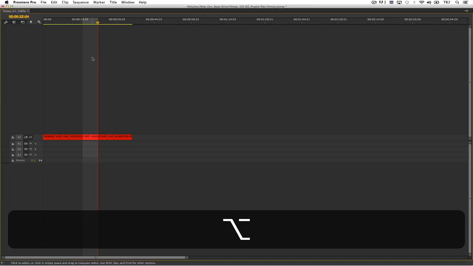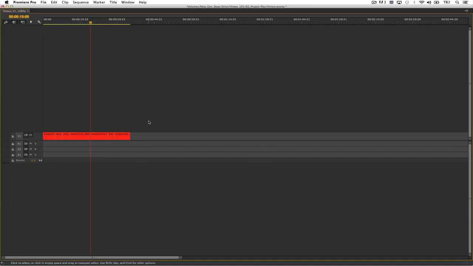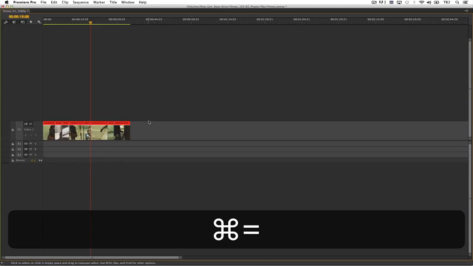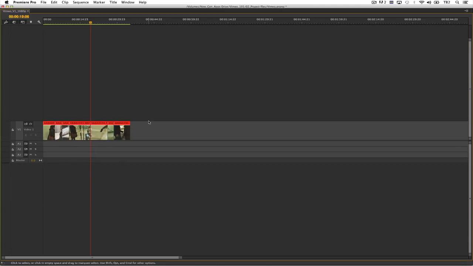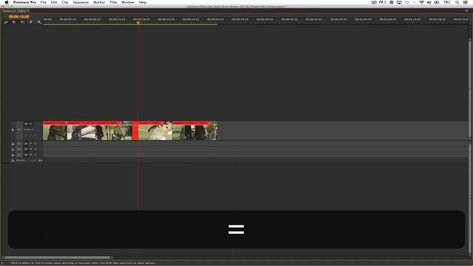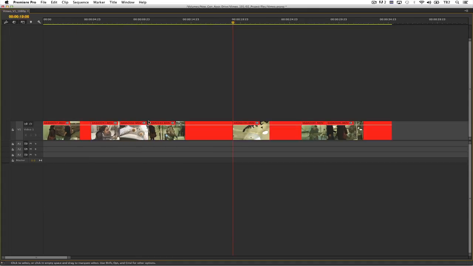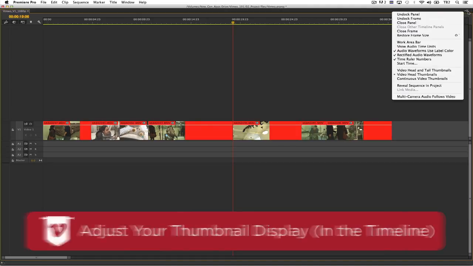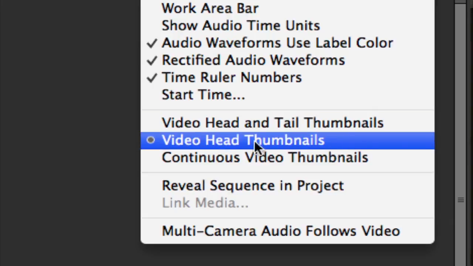When you're working with video tracks, when you grow your tracks with Control plus on a PC and Command plus on a Mac, you'll notice now I have thumbnails. Let me zoom in. And you have options with these thumbnails. So if I go over to the top right hand corner and click in the menu,